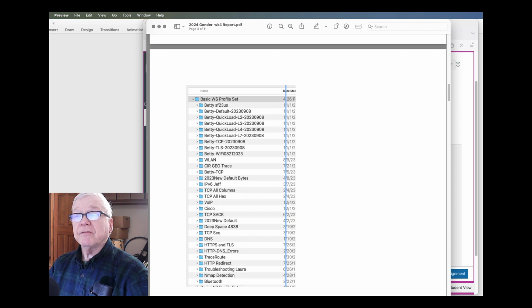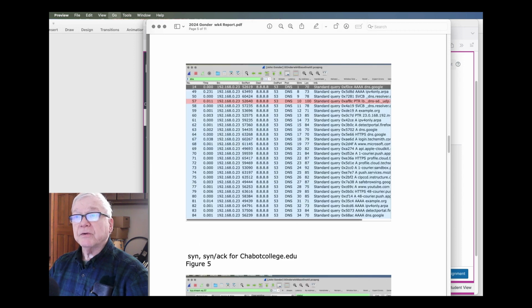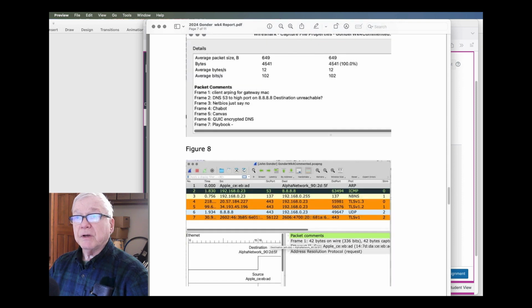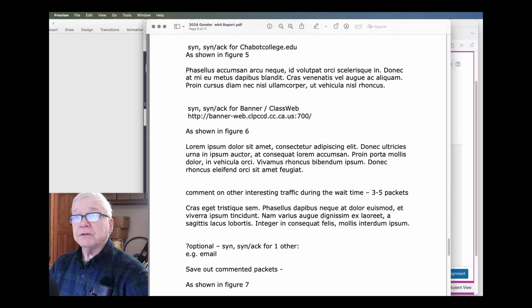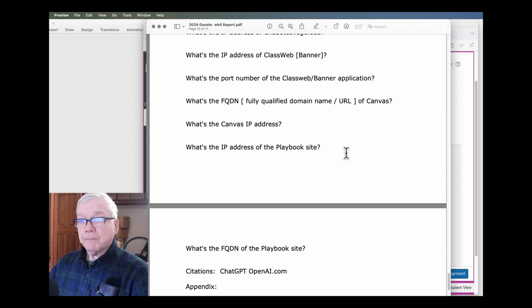There was my stuff. There was my results, my pictures, my labels. There was my discussion as shown in Figure 8. Blah blah. There's my answers to the questions, and got my appendix.